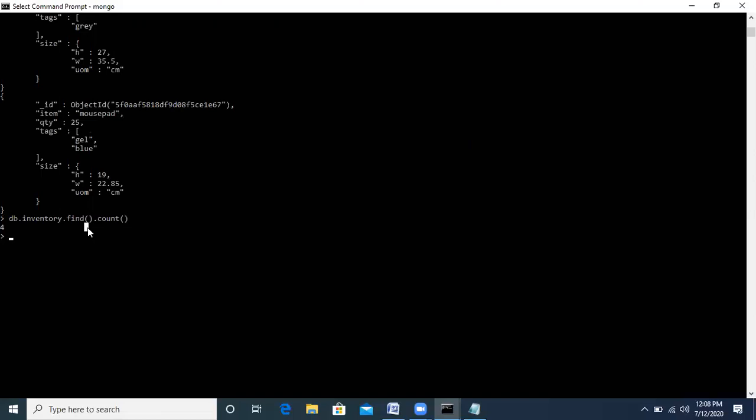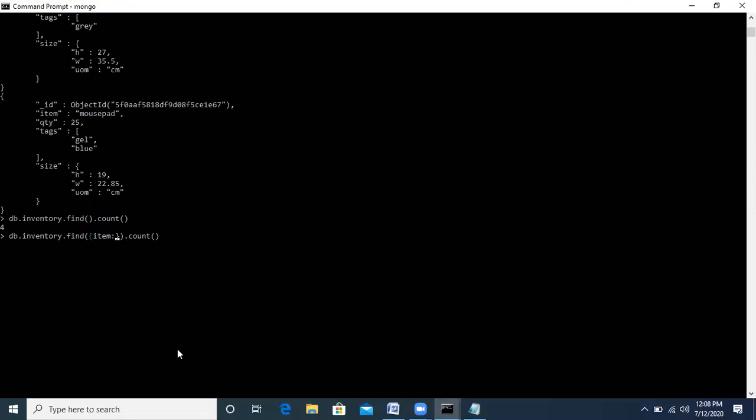Now suppose you want to find how many items exist where the item name is mousepad. So you will use the find command for this. Inside the find function, use these curly brackets and mention the condition, like the where command.